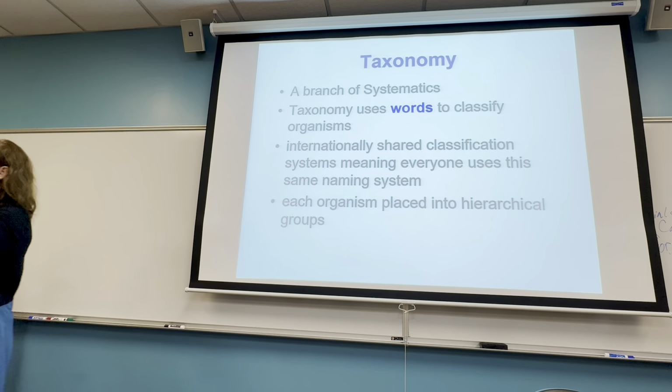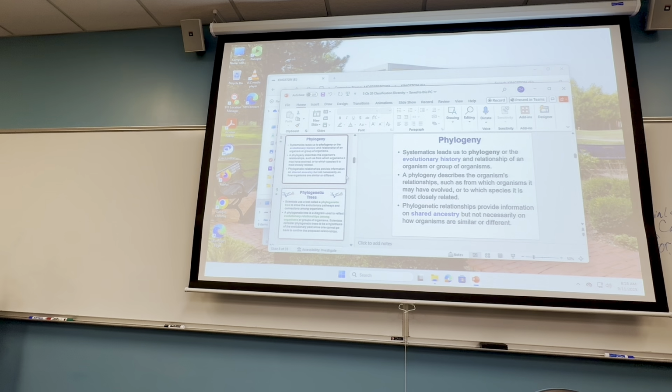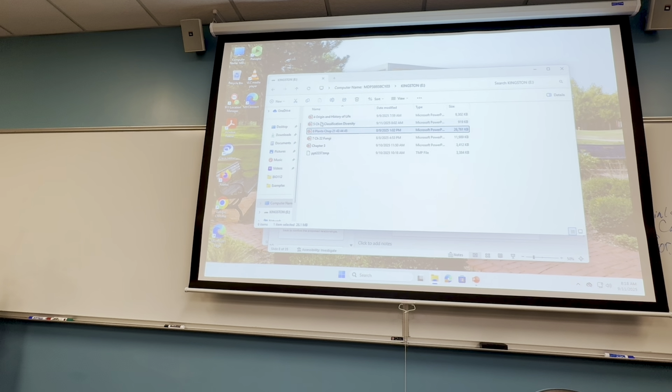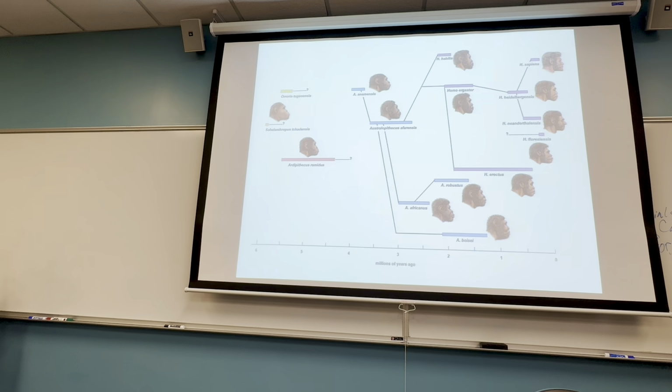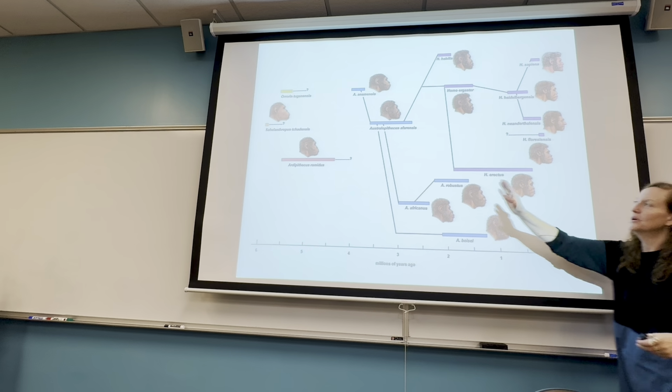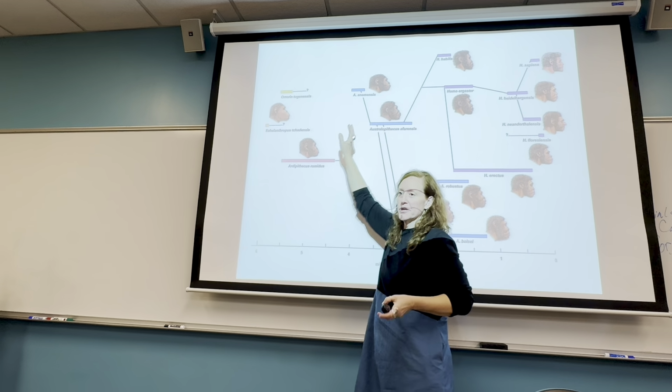We'll observe a number of different phylogenetic trees, but I want to go back just, if you flip back to the previous page in your notebook, and you take a look at this. This is a phylogenetic tree of humans. And this one is kind of sideways. A lot of times they do it this way, so this looks more like the trunk of the tree.